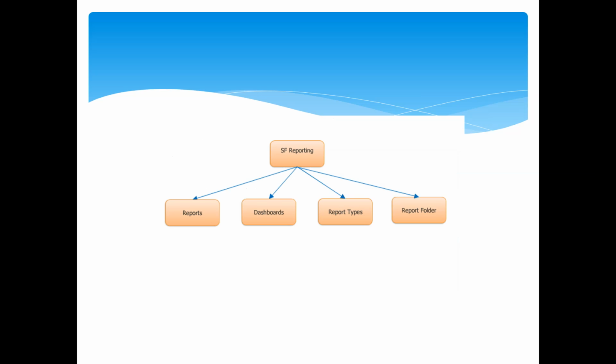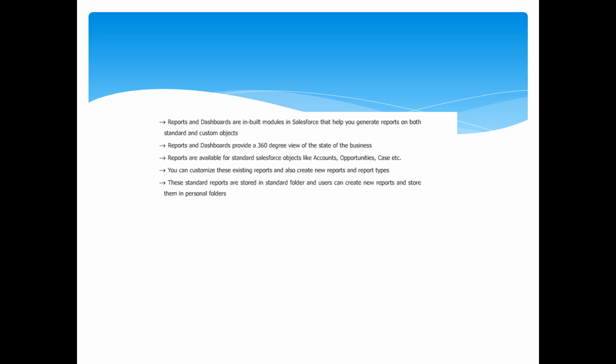So in Salesforce reports, the major things are reports, dashboards, report types, and report folders. The reports are created based on report types. Report types are created for each and every object. Then you store them in report folders, and report folders are shared with particular users with access. So you can explicitly create folders and share them with users. And then dashboards are like one-time views, snapshots, which are useful for making quick decisions. So that's the map of Salesforce.